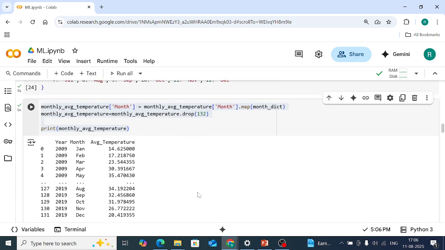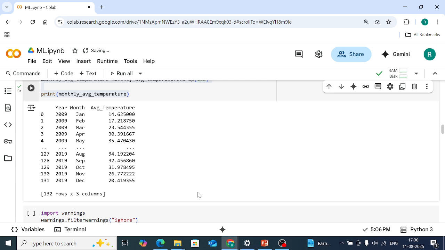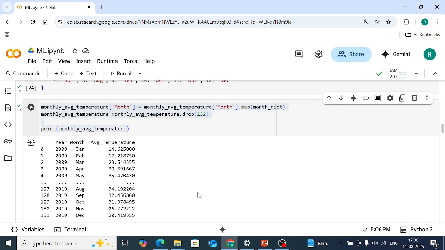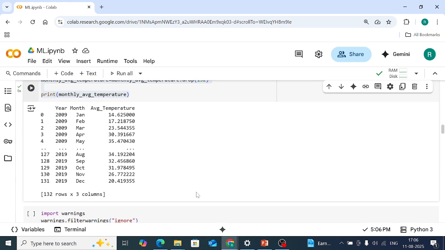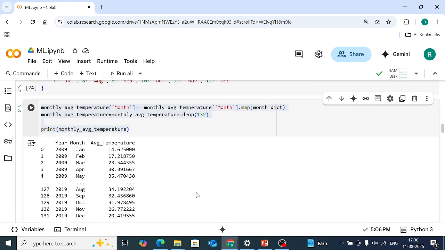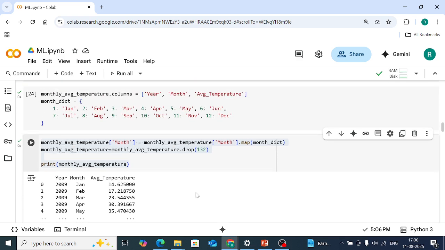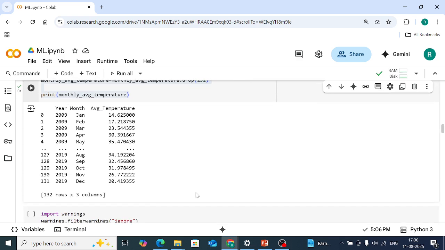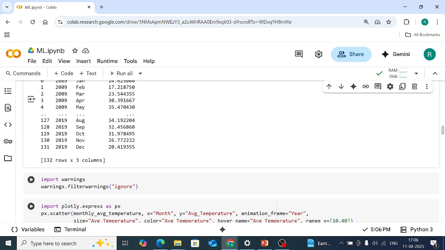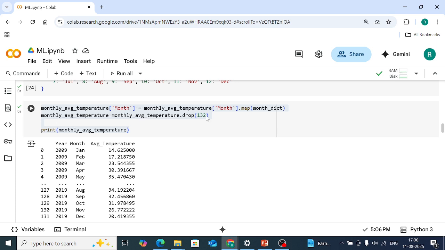All the months will be converted into January, February, March, April, all the things there, and that will be a total of 132 rows in 3 columns, right? So we have to take this kind of thing, right? This will be the 132 rows in 3 columns total, and after that, what will I do? If I drop 131 from that section,